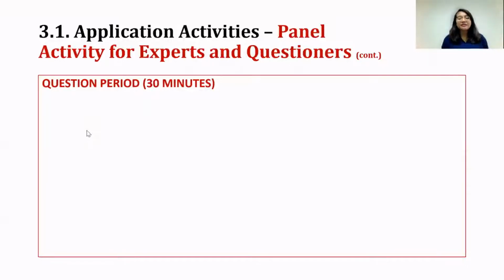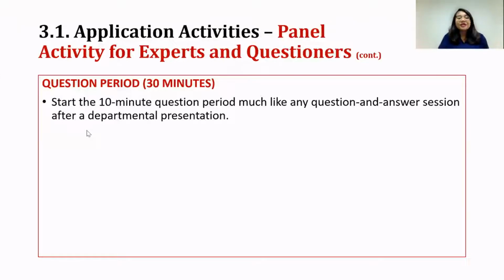Well, the length of time is adjustable according to the situation of your class and to your needs as well. If you're using this as self-study, you may take as long as you need because it's all about you. But for classroom instruction, you may adjust the length of time and also the things to do in every stage of this activity based on the condition of the class. So adjust accordingly. For this question period, what you need to do is as follows.